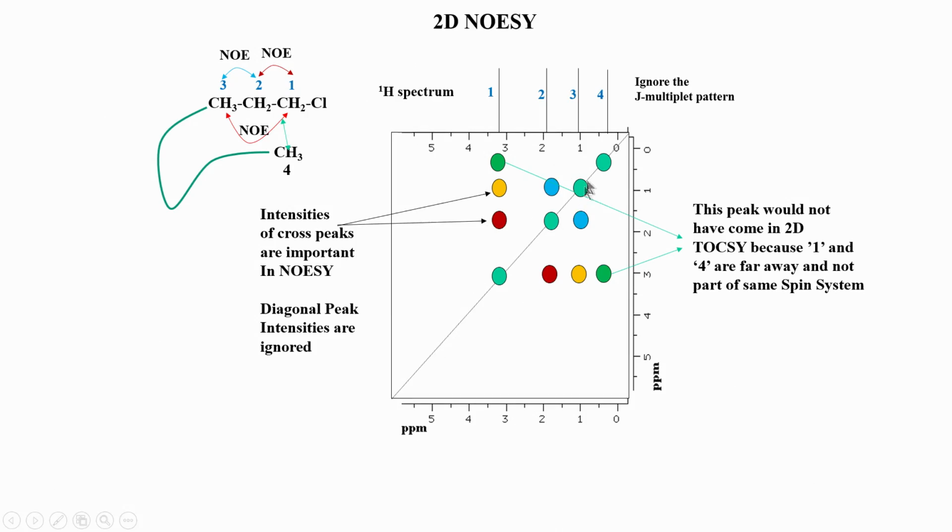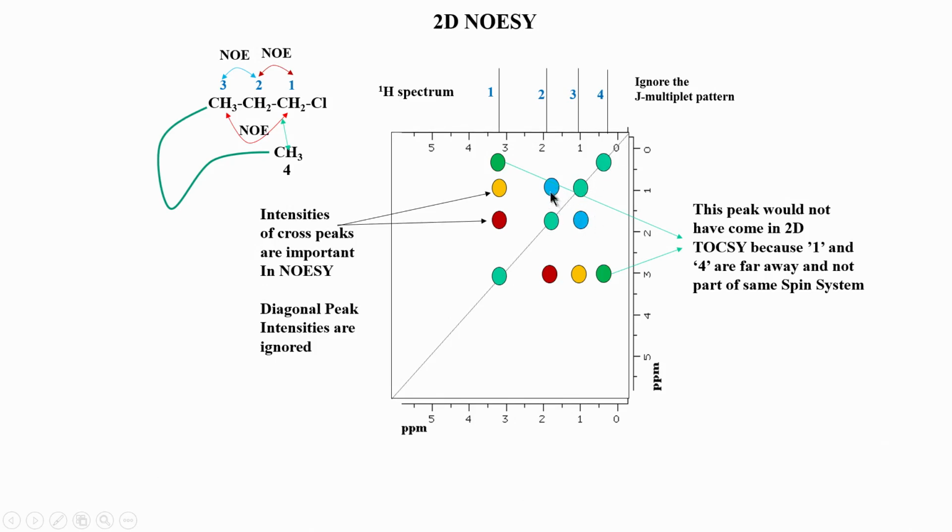This diagonal peak has no information, none for us, and therefore it is not required to analyze the diagonal peak. But sometimes the diagonal peak and the cross peak come very close to each other, and when that happens there can be a severe problem. What happens is the high intensity of the diagonal peak starts dominating, and it starts hiding the cross peaks.